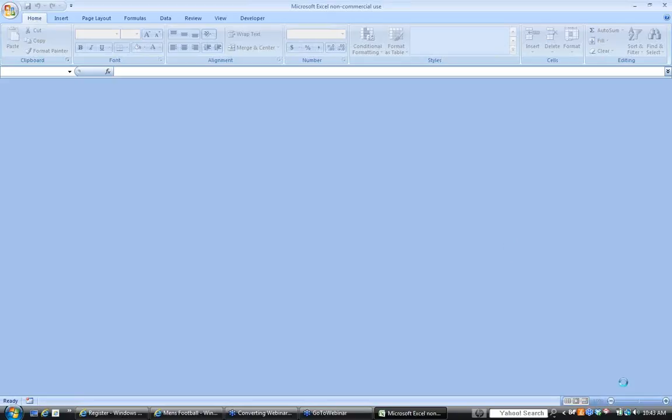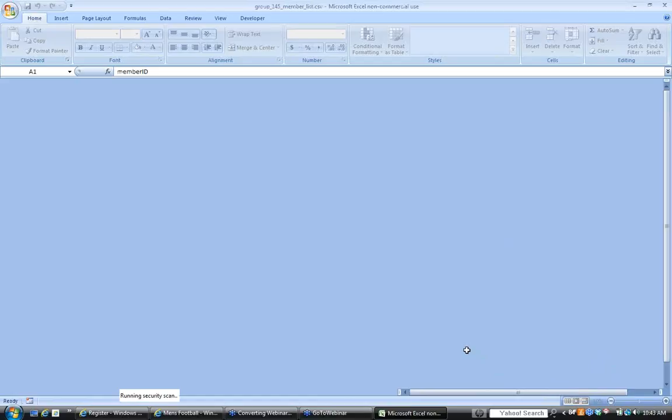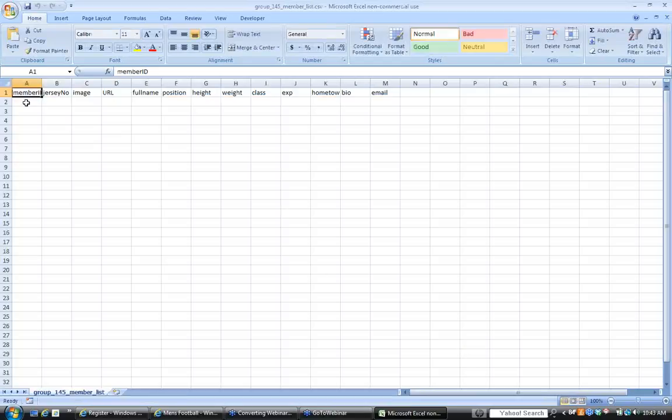And inside that Excel sheet, there's going to be different columns that we're going to need to fill out. The first one is a member's ID. We're not going to have to worry about that one. That's just once you have players, it's going to give them a certain ID for future reference. The jersey number, just going to go back through, put in the jersey number, 8. How you get an image is